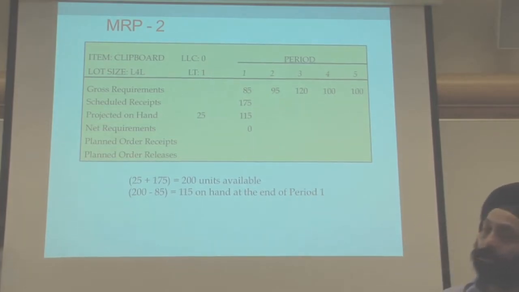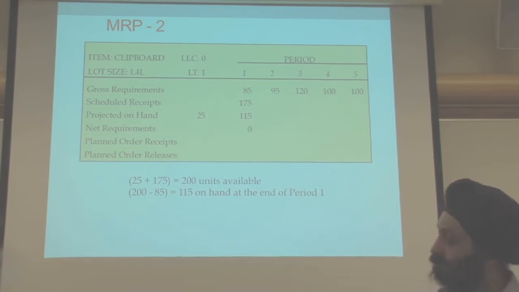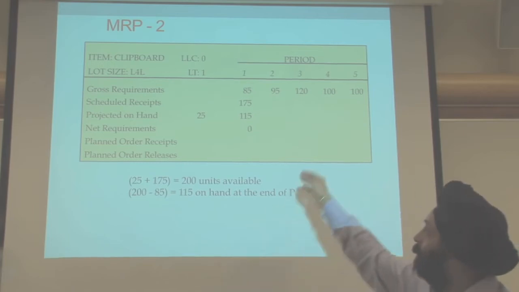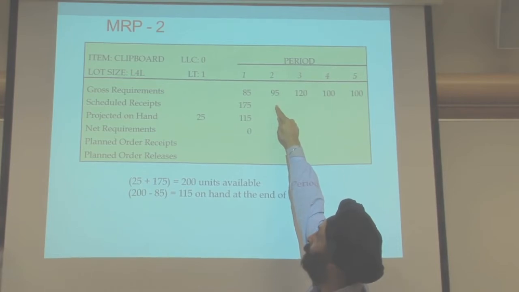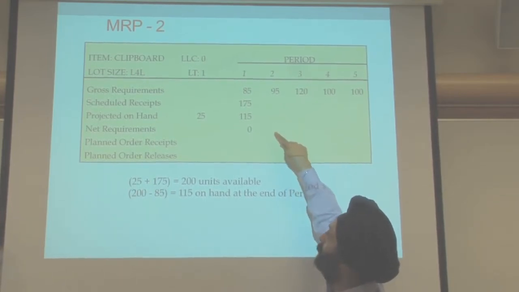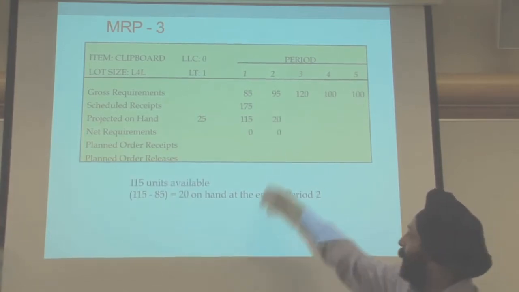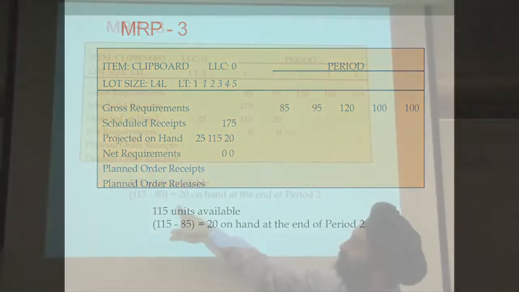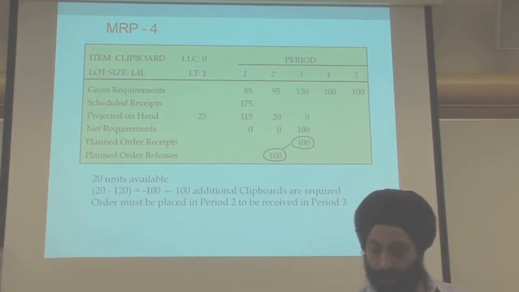So net requirement is 0 because you don't need to make any more, given the fact that you already have 115 still remaining at the end of period 1. Now moving on further to period 2, you can see 115 minus 95 will give you projected on hand of 20, and net requirement will be 0 again over here. Then moving further along, now we are looking at